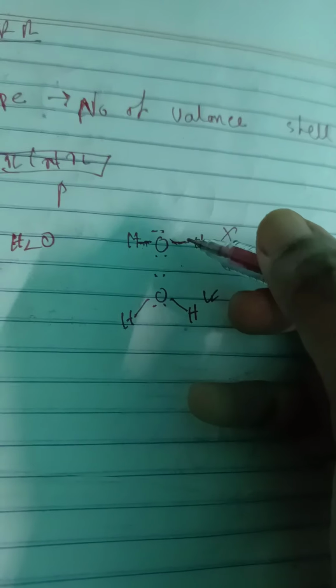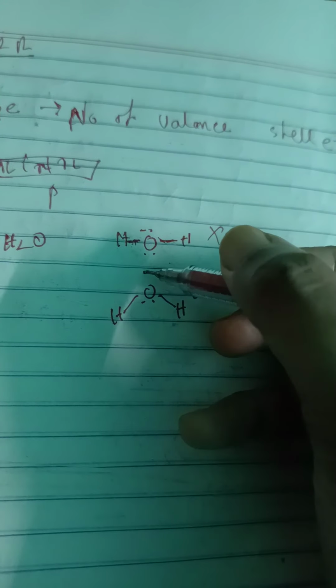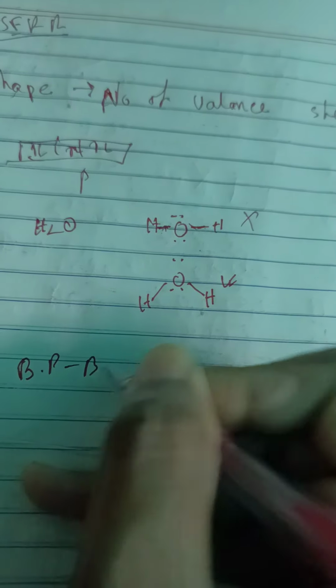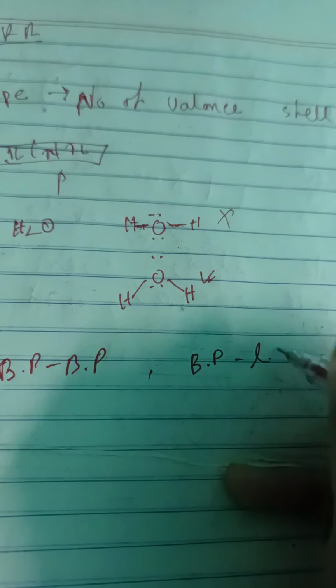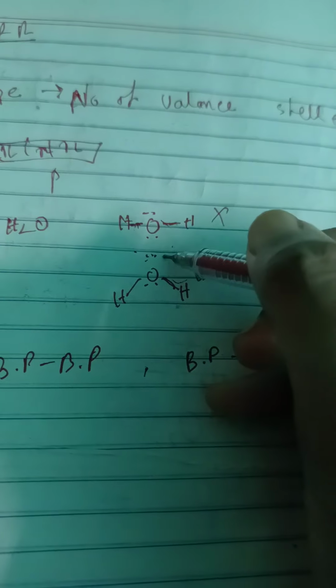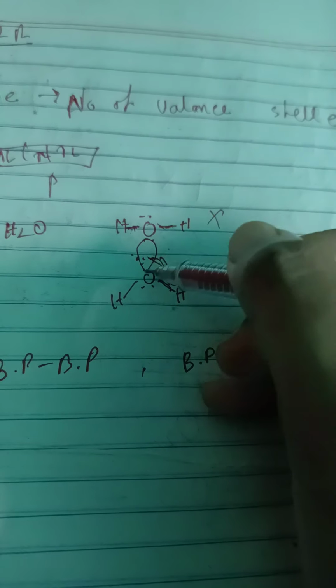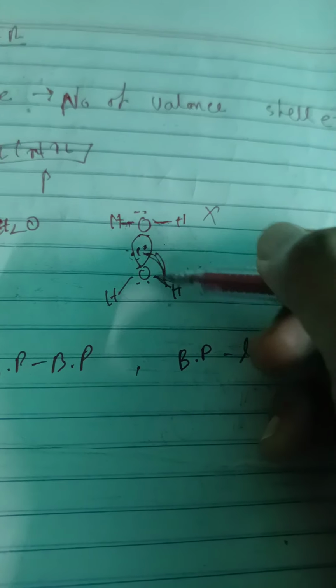The pairs of electrons repel each other, and always remember that bonded pair to bonded pair repulsion is different from non-bonded to bonded, or non-bonded to non-bonded. Everything is repelling each other. So how many repulsions are possible? One is bond pair to bond pair repulsion. Another is bond pair to lone pair repulsion, like this one. This is our bond pair, this is our lone pair. I can draw the lone pair like a balloon, so there can be repulsion between these two.